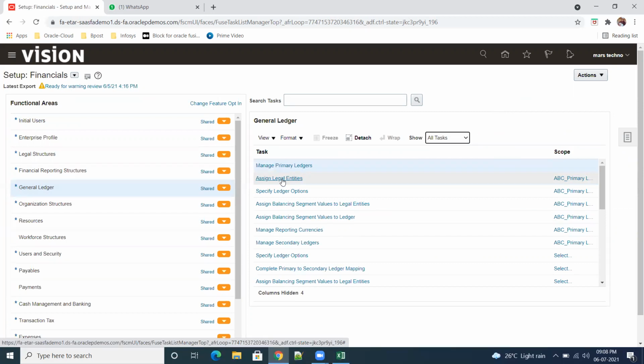I said this at the starting time: one ledger can have multiple legal entities, either one or more than one. Whichever entities we want to integrate with our ledger, we have to map with the help of this task, assign legal entities. The scope is the same, ABC primary ledger. Go here.